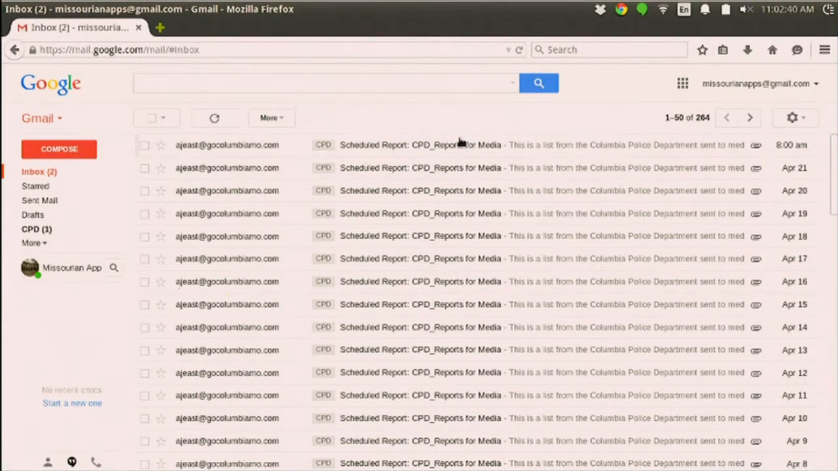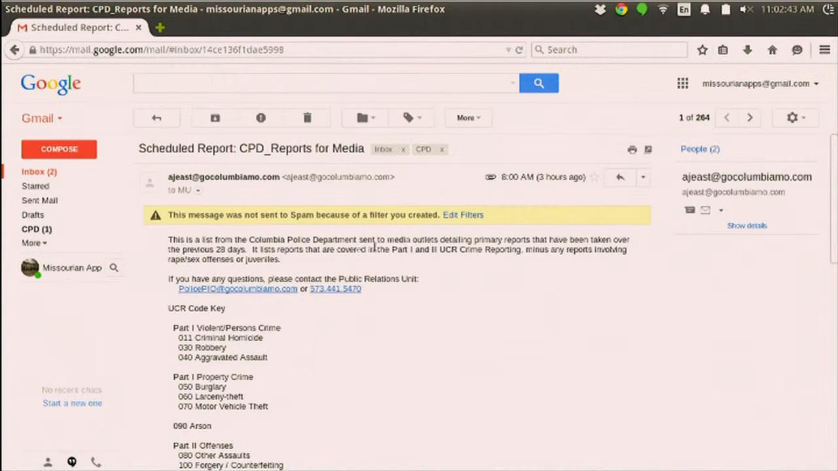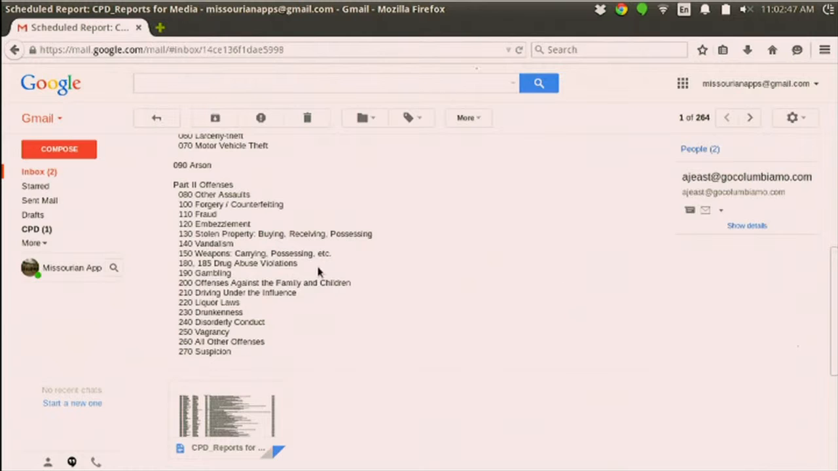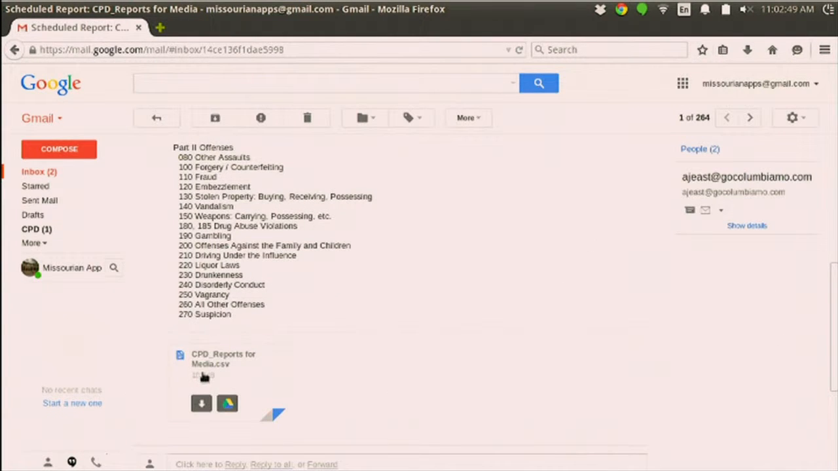So we're getting in emails from the Columbia Police Department every day. They're structured in the same way. They're called the same. This is a special mailbox that I use for this. And you see they're called the same. Scheduled report. Let's go into it. So it has preset information here. It's all the same every day. Super boring, super horrible. And they have a spreadsheet that has